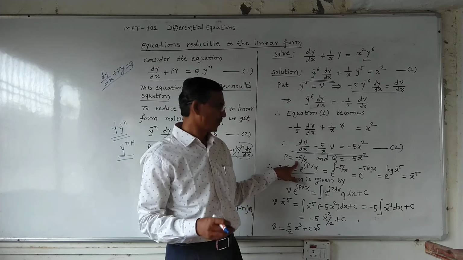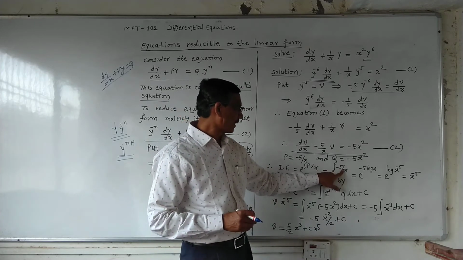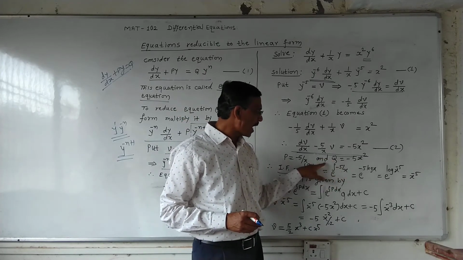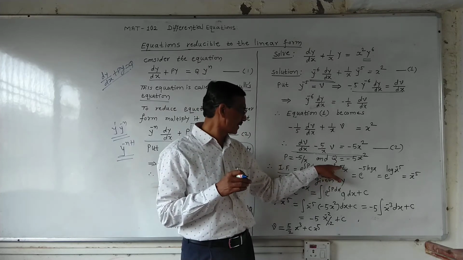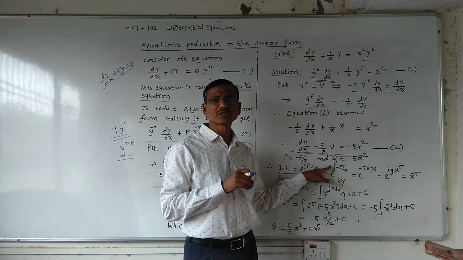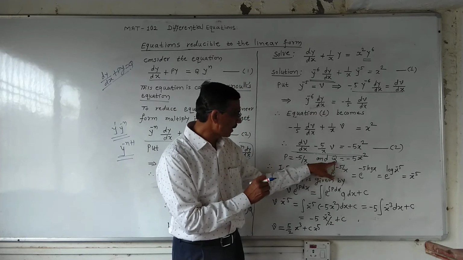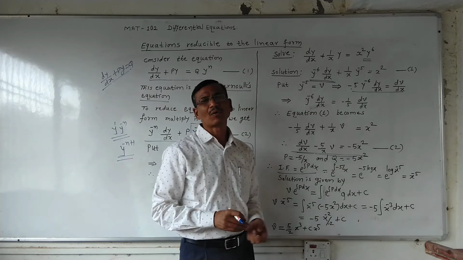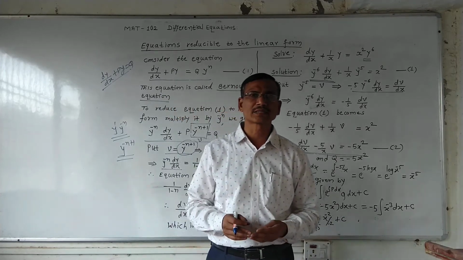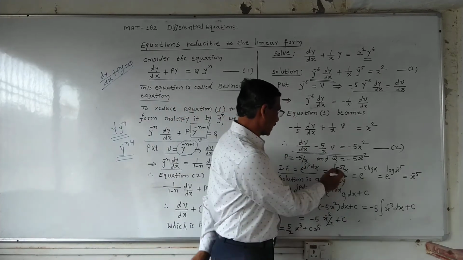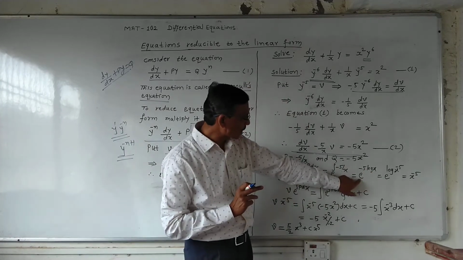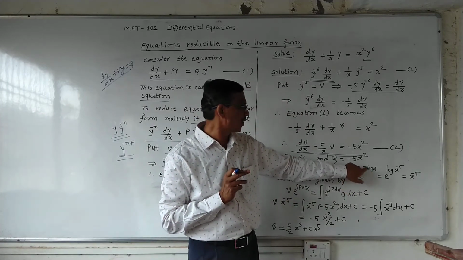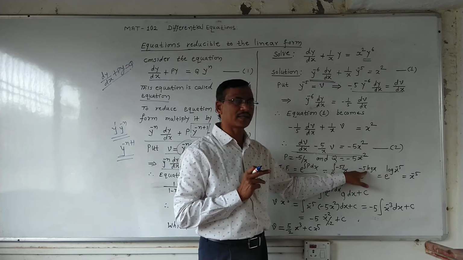Minus 5 by x. And then you can observe that this integration of minus 5 by x can be done by taking this minus 5 outside of the integral. This is the integration of 1 by x. And we know that the integration of 1 by x is log x, and therefore it is minus 5 log x. Okay? e raised to minus 5 log x. This is the integrating factor.